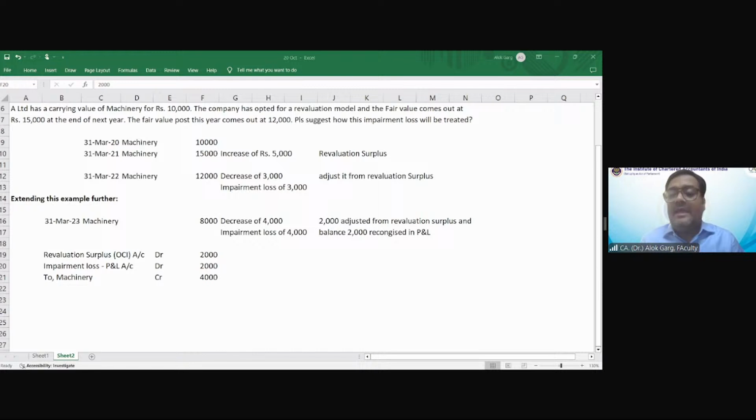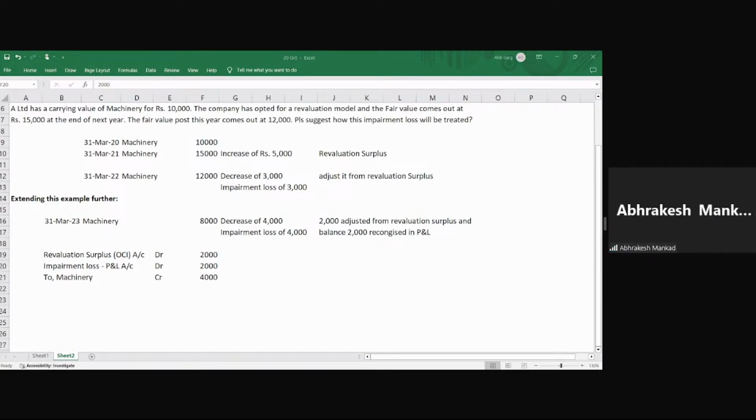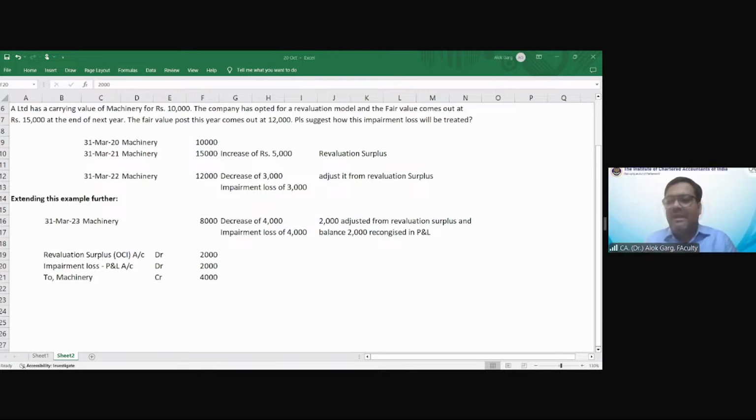Okay. And whenever there is an impairment loss, how will you compute the revised depreciation we discussed in the last class? How will we compute the revised depreciation? On revalued value. Very good. So always remember,